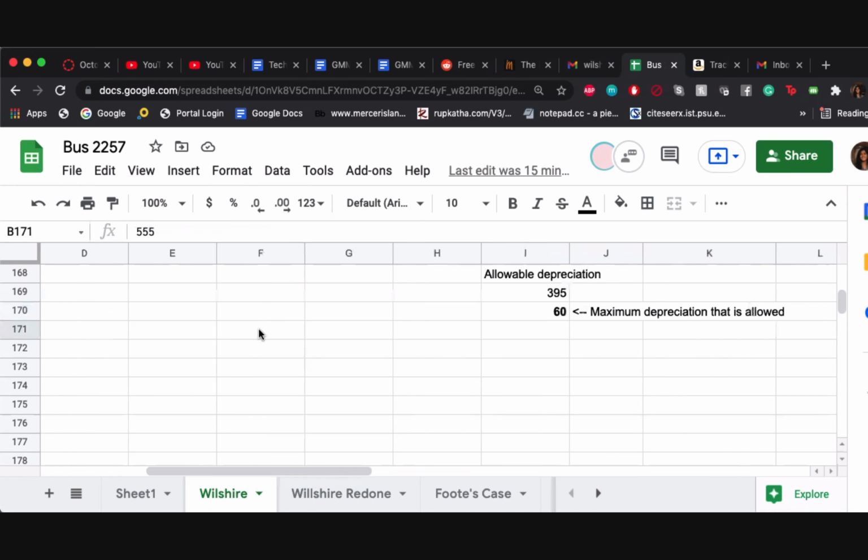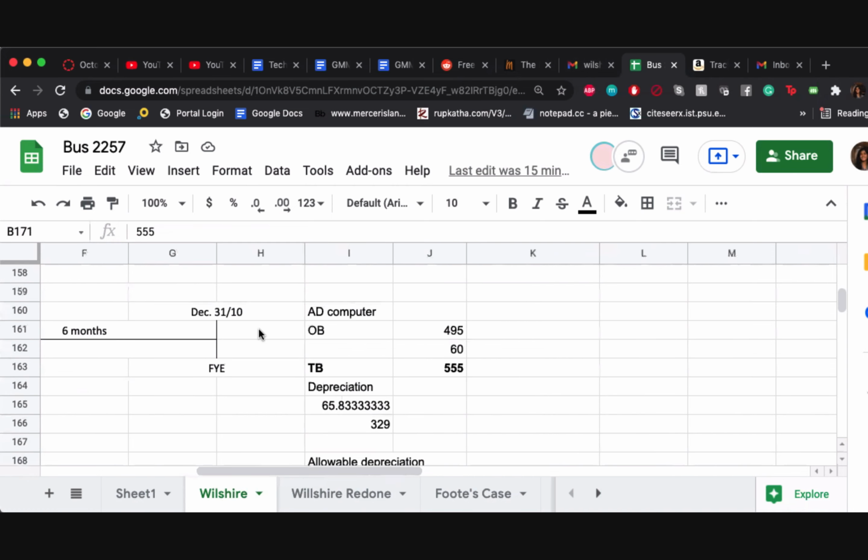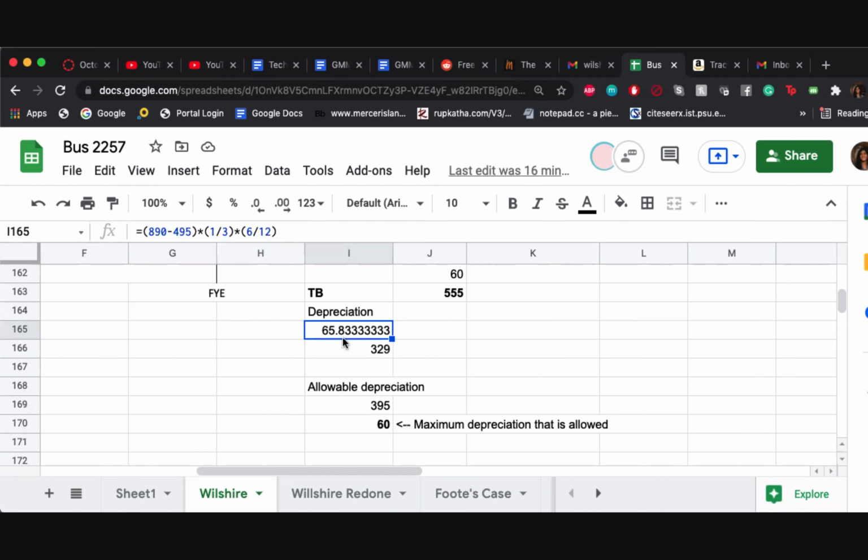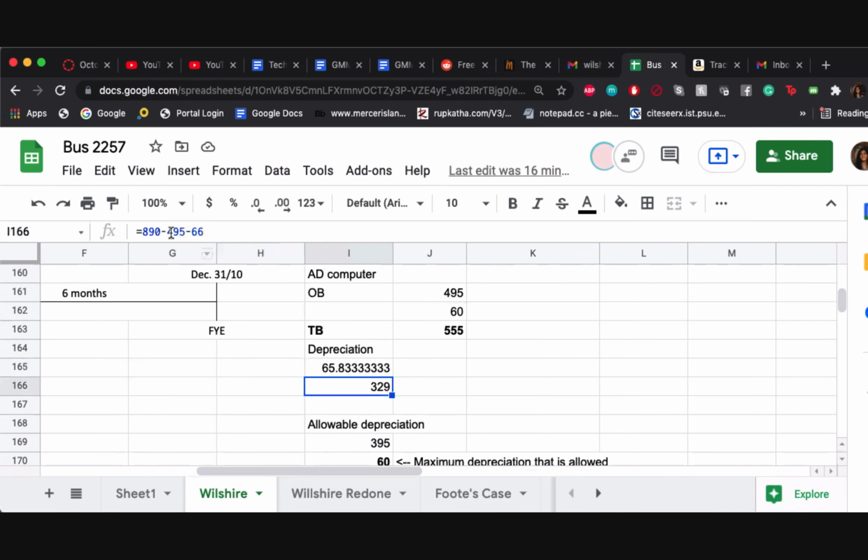So your AD for your computer so far: the opening balance was 495. We calculated 65 because this is the diminishing balance method. You take your 890, subtract the 495 that we got from the balance sheet, multiply it by 1 over 3, and multiply it by 6 over 12. And then you get 65. So we know that if you take your 890 minus 495 minus 65 for depreciation,